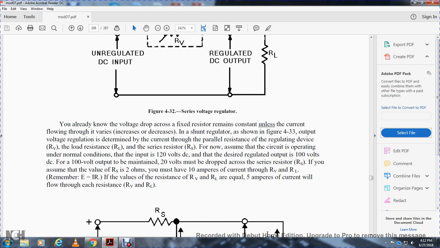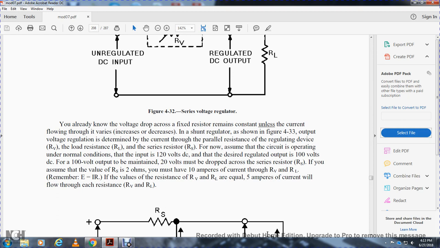Also shown is figure 4-33. The output of the voltage regulator is determined by the current through the parallel resistance regulating device, the load resistance, and the series resistance. For now, assume the circuit is operating under normal conditions with an input of 120 volts DC, and the desired regulated output is 100 volts. To maintain the 100 volt output, 20 volts must be dropped across the series resistor. If you assume the value of the series resistor is 2 ohms, you must have 10 amperes of current through the